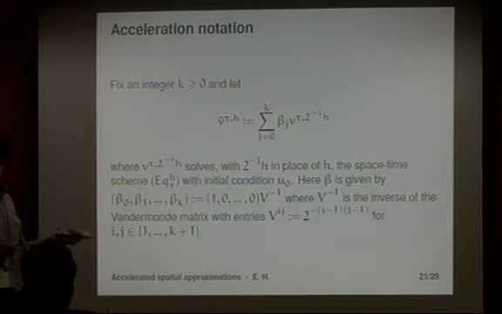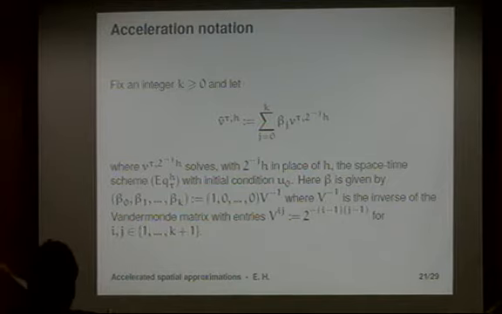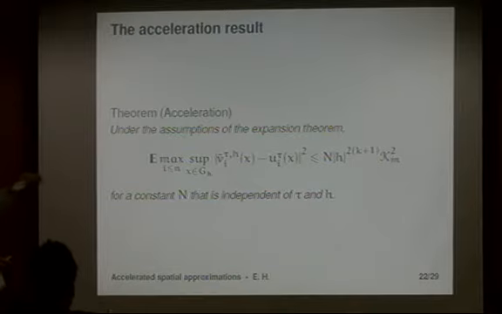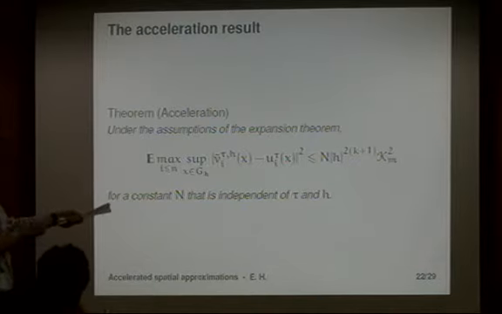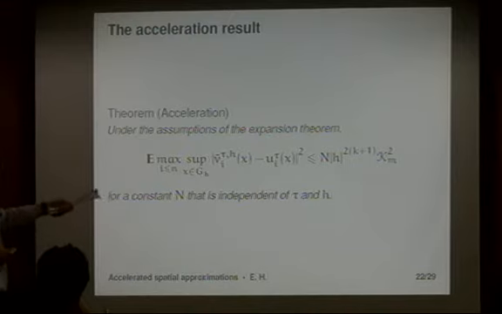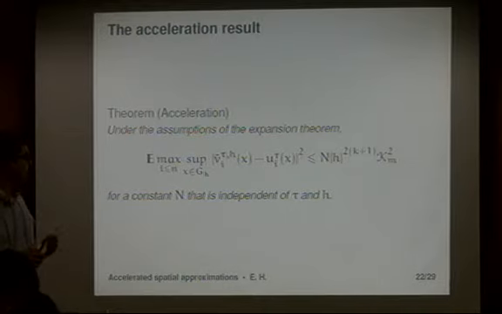It's the matrix whose rows are these geometric progressions. Okay. So these are the appropriate mixtures to take. And if we take them, we have the following: under the assumptions of the expansion theorem, if we look at not the space-time scheme, but these mixtures, the special weighted averages of the solutions at different mesh sizes, we get some arbitrarily high order of convergence, where